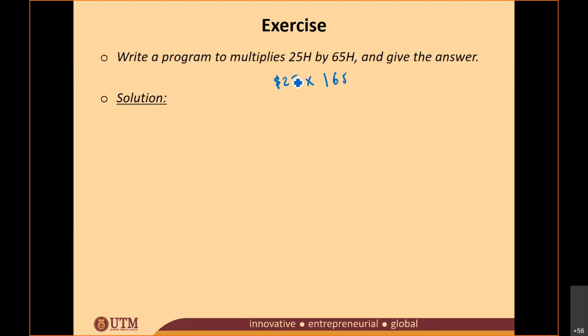Okay, so what are you going to do? How to do it? Okay, first, load. Load this value to your GPR. You can use any GPR starting from R16 to R31. So let's say like this one, I put R20 and this here R21. So I write down LDI R20 with 25 and LDI R21 with